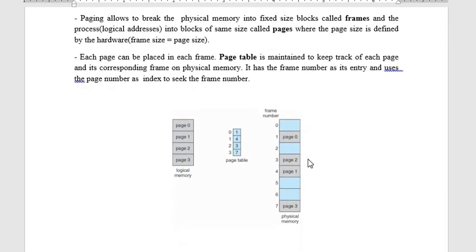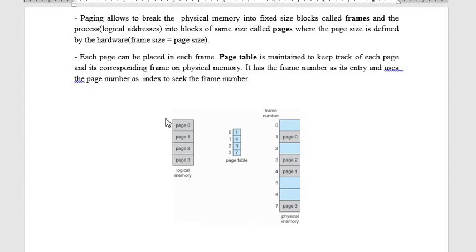The diagram below shows the basic idea of the paging concept. Suppose one big process has been given to the CPU. Once executed, the CPU is going to generate many logical addresses for that particular process. Those logical addresses generated by the CPU, instead of being kept all together, we divide into n blocks, which are nothing but the pages.